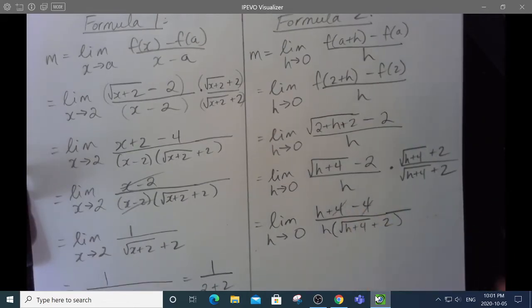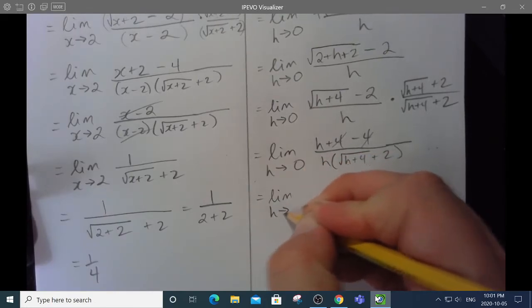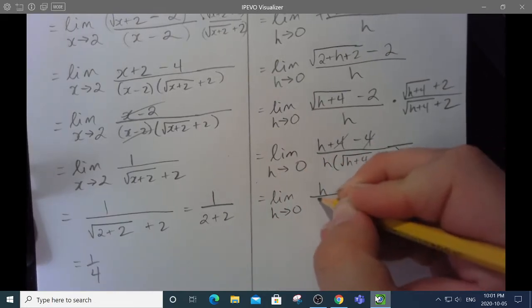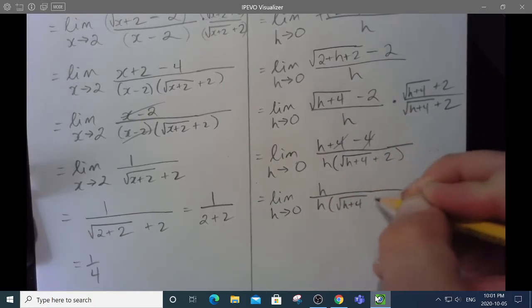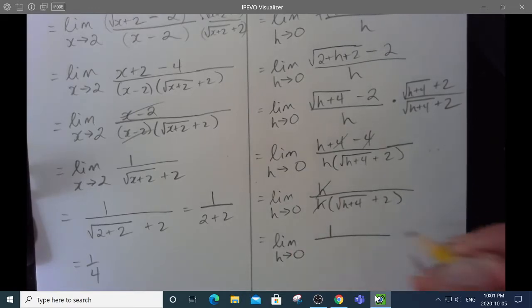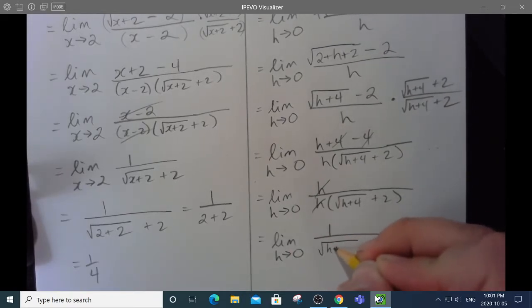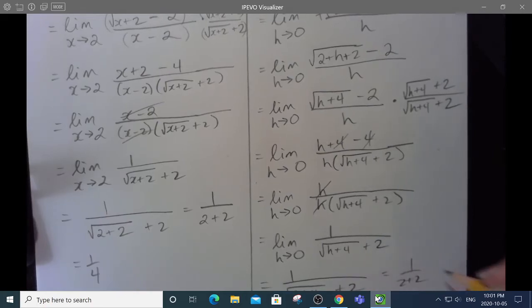And notice that those two terms cancel one another, which is very nice, because that allows me to have a factor of h on top and a factor of h on the bottom, plus all this nonsense here. So the h's cancel, and I am left with the limit as h approaches 0 of 1 over the square root of h plus 4 plus 2, and once again 0 doesn't make this denominator 0, so I can just plug it in. So that's 1 over the square root of 0 plus 4 plus 2, which is again 1 over 2 plus 2, which is